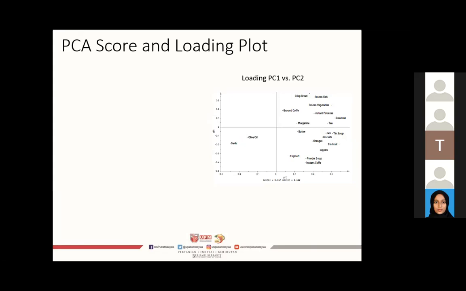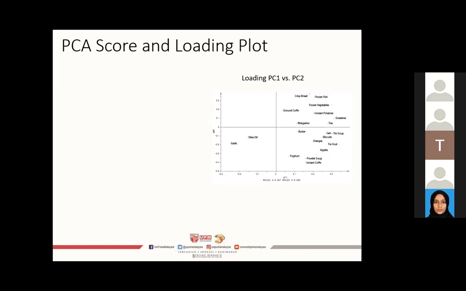From the loading plot, we would like to determine which variables or food items are responsible for the pattern seen among the countries. We would like to know which variables are influential and also how the variables are correlated. The loading vectors in this plot are called P1 and P2. This figure displays the relationship between all 20 variables at the same time. Variables contributing similar information are grouped together, that is, they are correlated. The distance to the origin also conveys information. The further away from the plot origin a variable lies, the stronger the impact that variable has on the model.